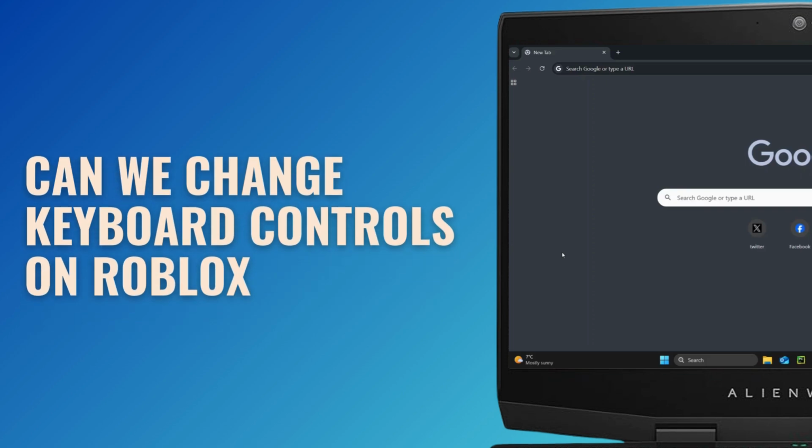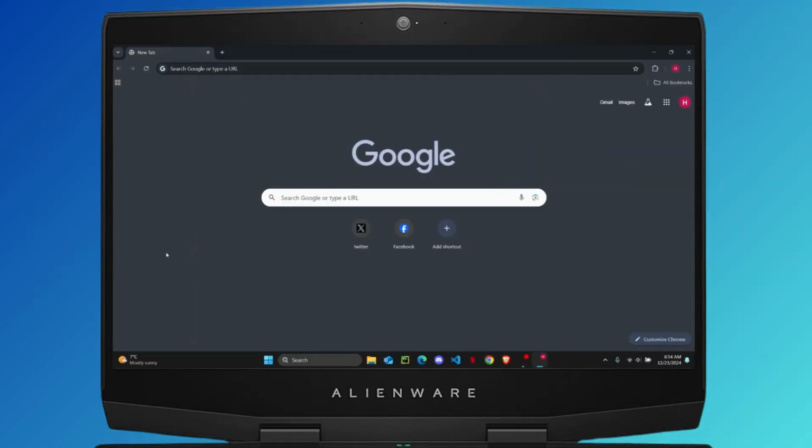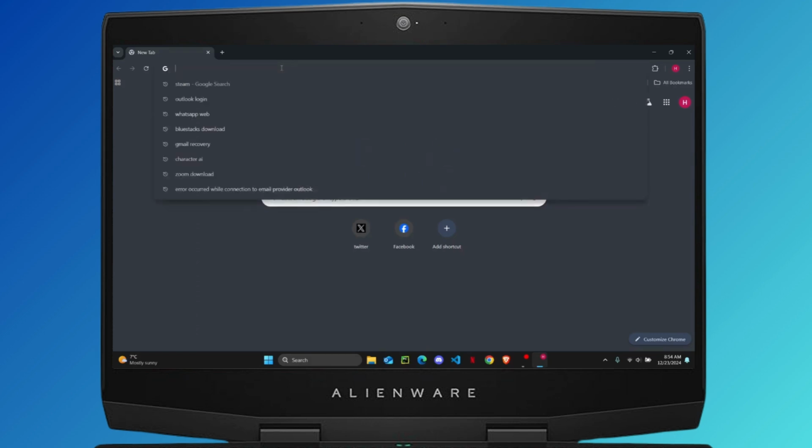How to change keyboard controls on your Roblox. What's up everyone? In today's tutorial we're going to see if it is possible for you to change the default